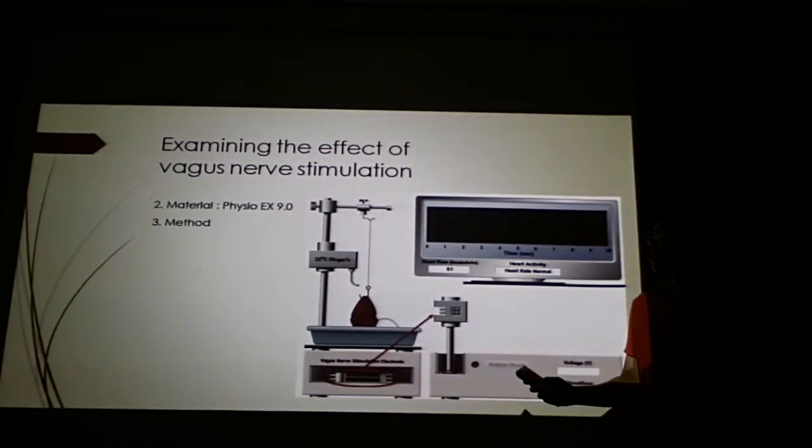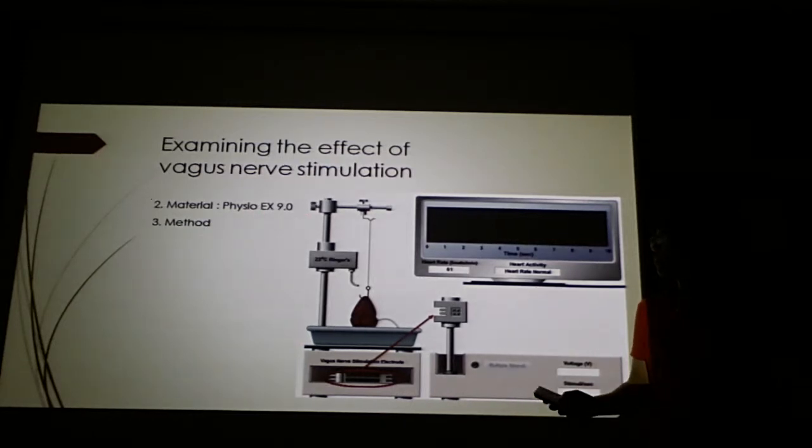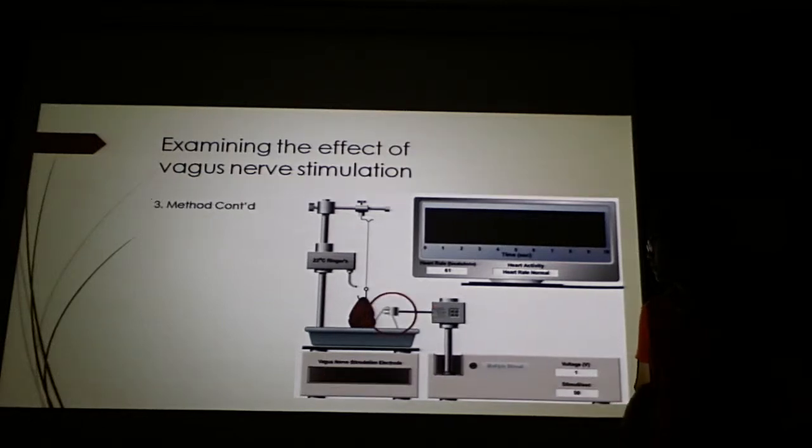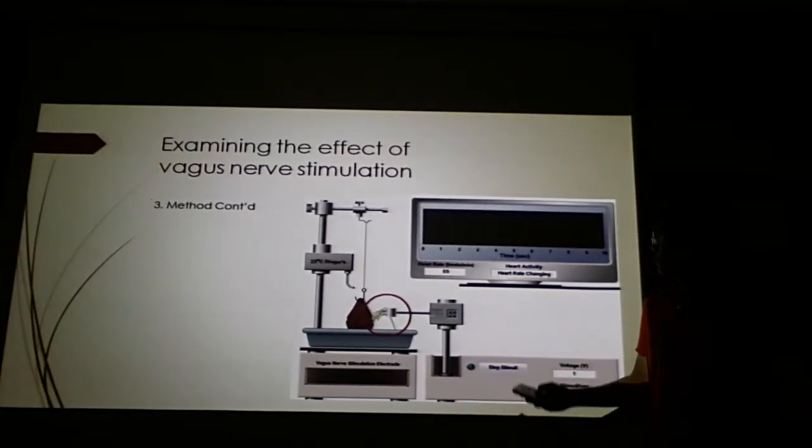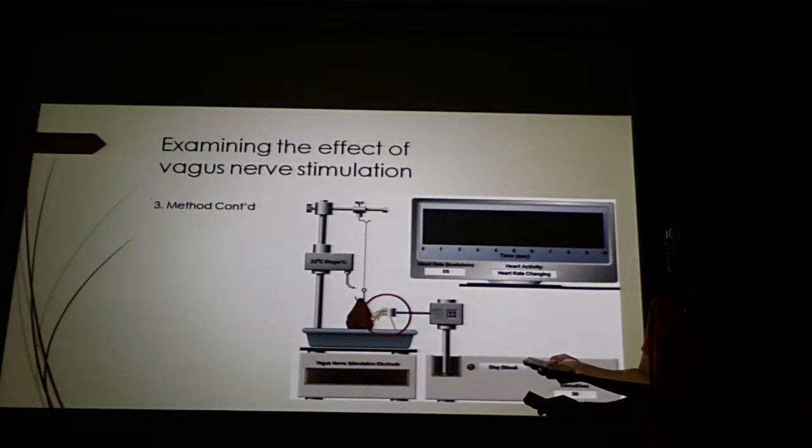And second, materials: as I said, we use PhysioX 2.9.0. And third, method: we have this heart of a frog, and this whitish thing is the vagus nerve, and the vagus nerve stimulation electrode. I'm going to put this in the power and connect it to the vagus nerve. As I said, it is plugged in, and it is connected to the vagus nerve. We put the power on so that this yellowish electricity is stimulating the heart, and